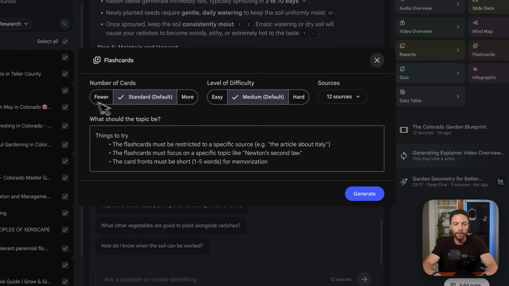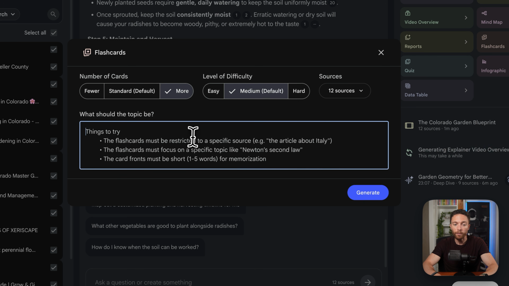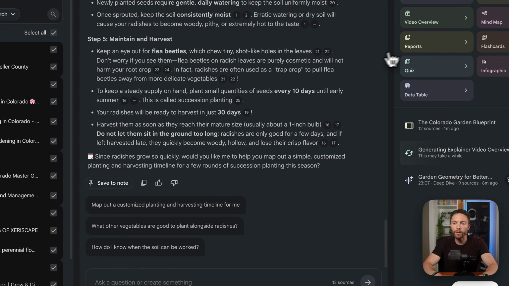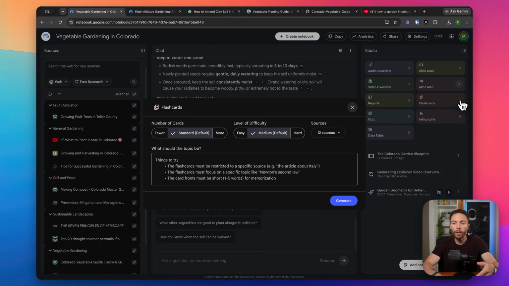Opening up flashcards, you can choose between a shorter deck of flashcards, standard, or a longer deck, and the level of difficulty, and again, the sources, and you can really be specific about what topic you want for that set of flashcards. And because with these studio assets, you can generate them more than once,